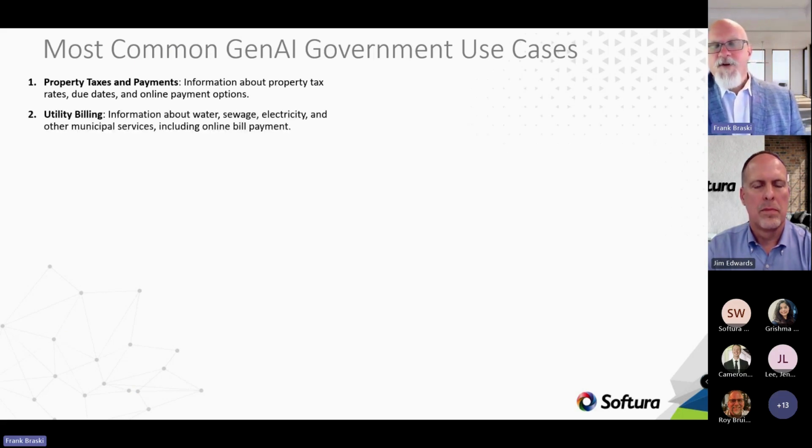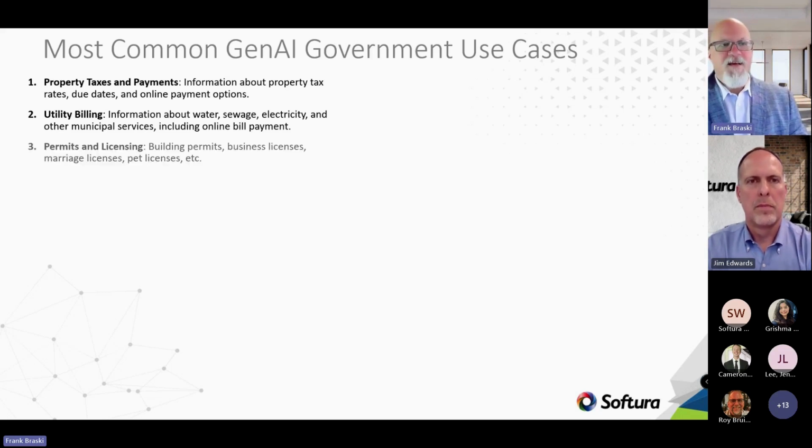Utility billing. A lot of organizations, like in one of the counties I used to live in, not only were the traditional public services provided via the county, also my internet and other services were capable with that. And so they had a very nice billing system that people could interface with. That's a big use case we see, turning services on and off, making payments, making sure everything's copacetic.